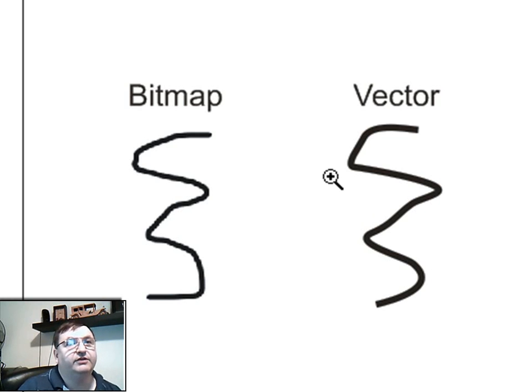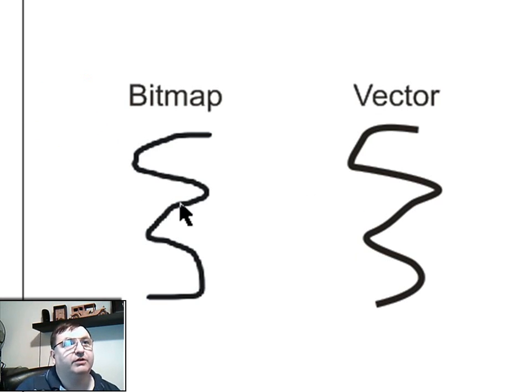Now, the nice thing about that in relation to making scroll saw patterns is that as you're drawing patterns on the screen, you don't have to worry about the fact that you might later need to resize that graphic to make it fit your pattern. So that's the basic difference between a bitmap editor such as Photoshop and a vector graphics editor such as CorelDRAW. And I think you can see by looking at the images zoomed in the difference that it is.